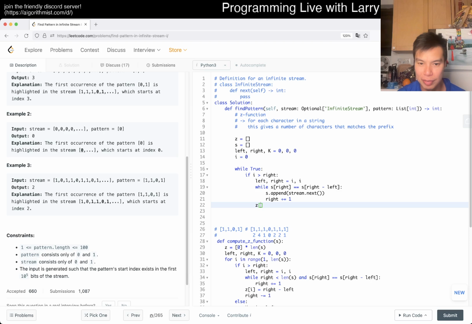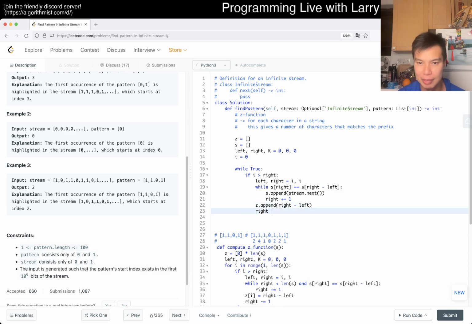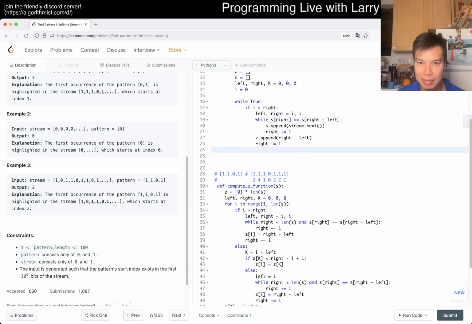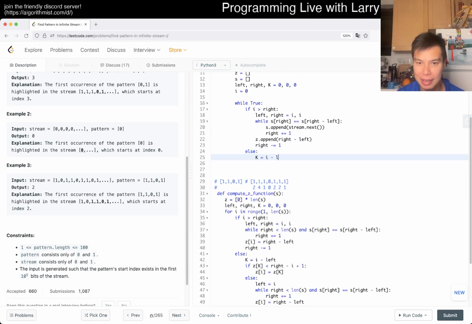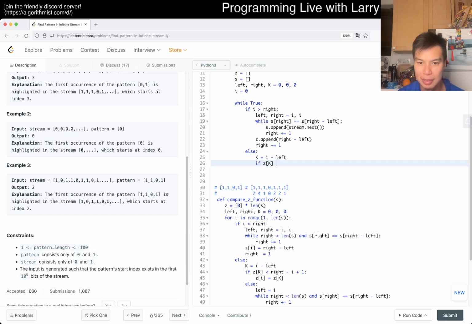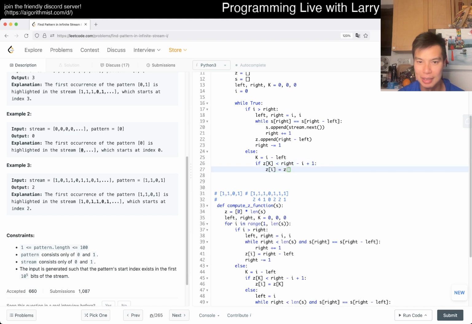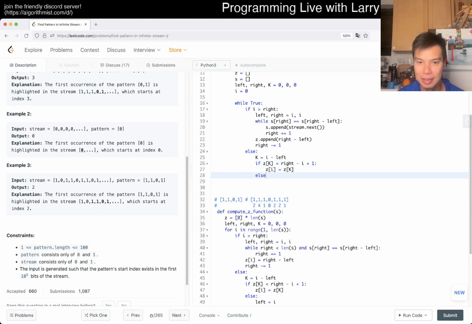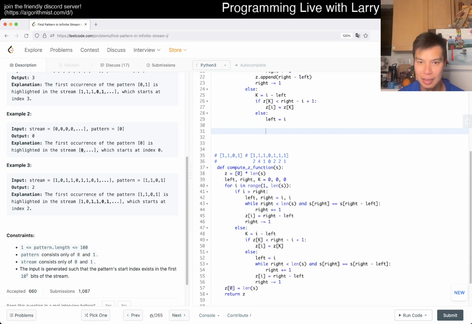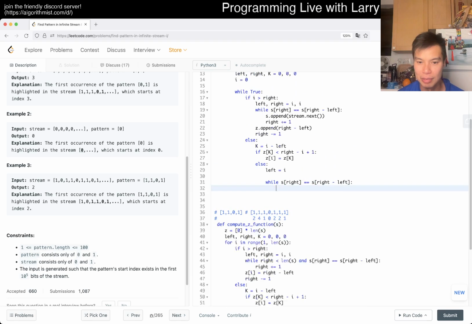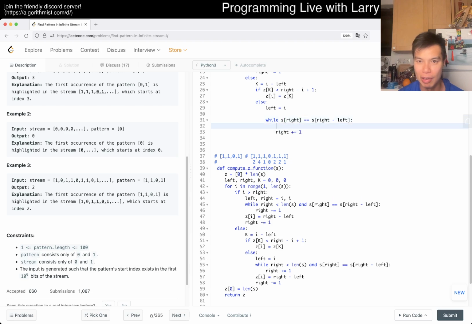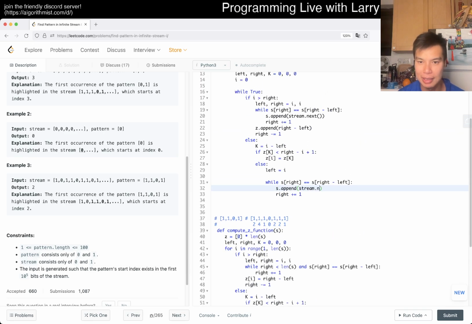And then now we have z of i, which is also append right minus left, and then now right subtract by 1, right? And then the second half is else k is equal to i minus left. I really should learn the whys of this one, to be honest, but well, f is equal to i, right? So then while again this is true, while s of right is equal to s of right minus left, then here we increment right, which again means that we are appending the stream.next,